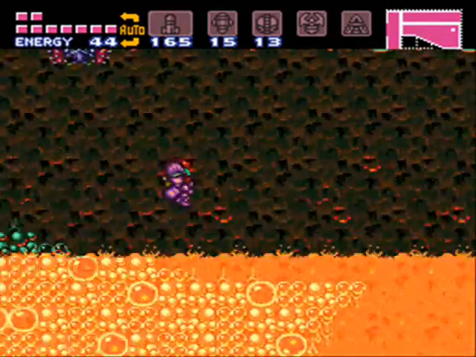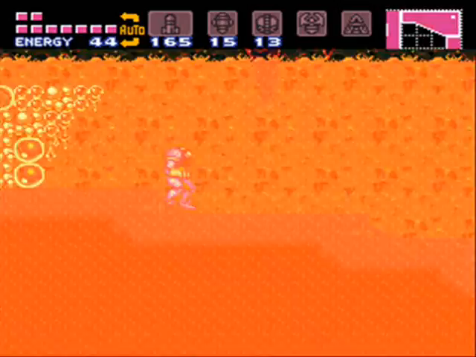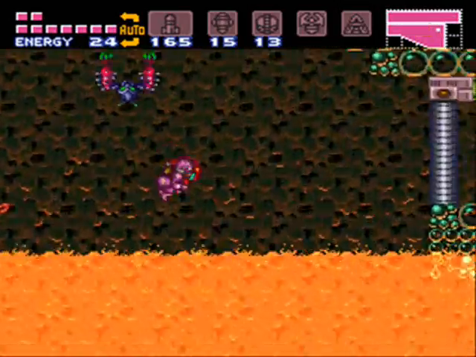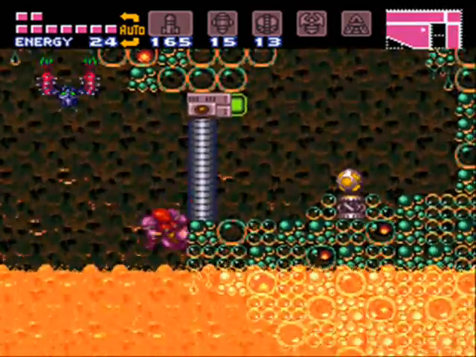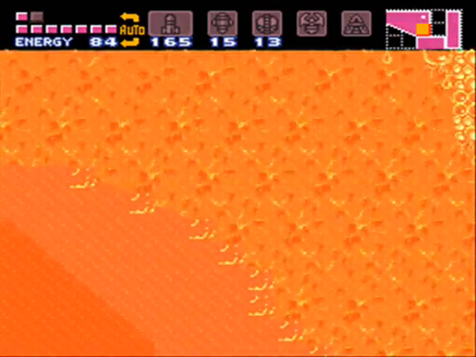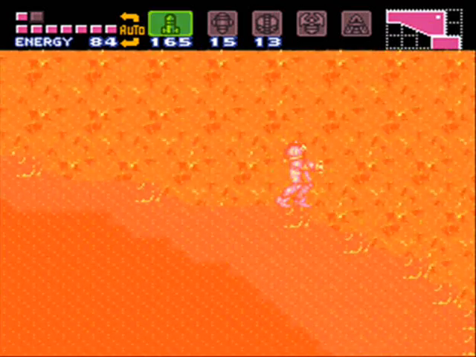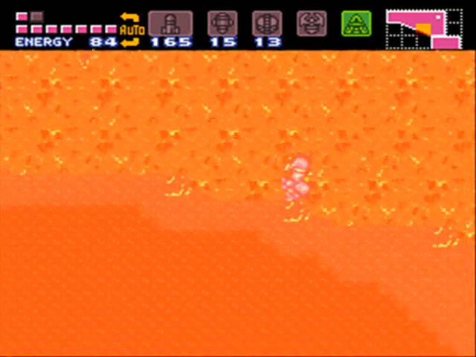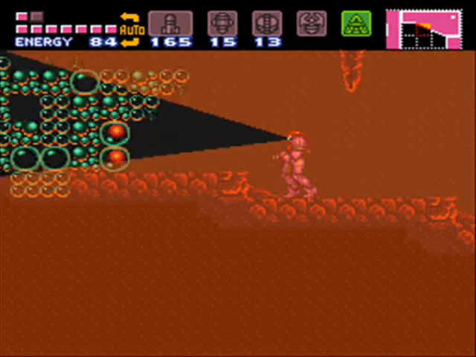Okay, this one, super missile over here. I have to get... This is not... Get out of here, Deskiga. Get... You know what? I have X-ray. This is an item I am not...